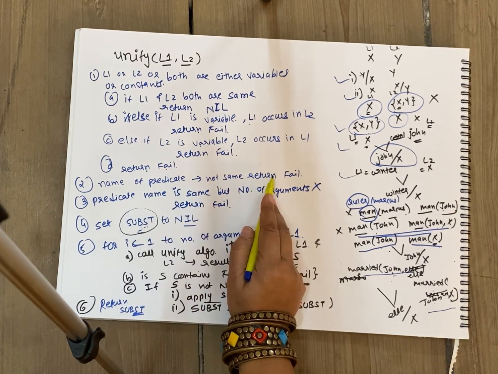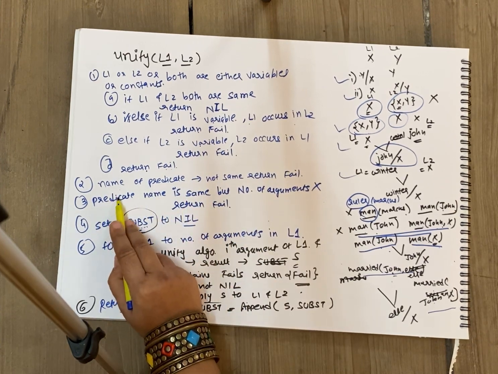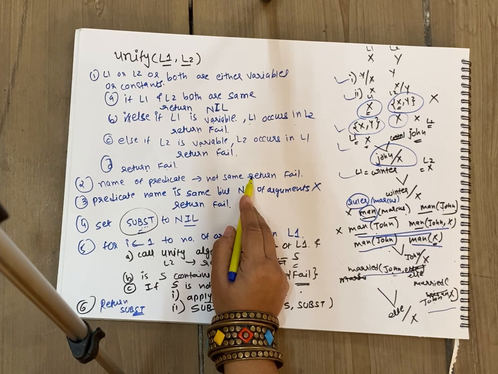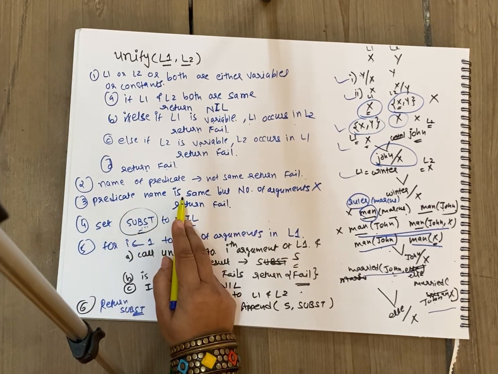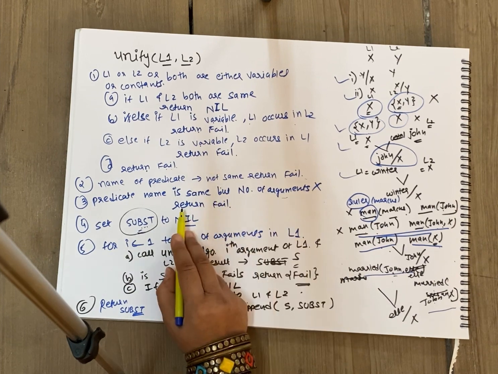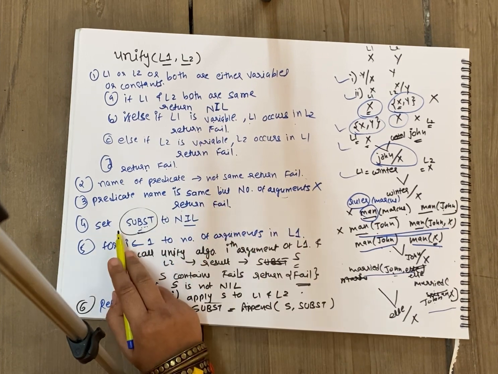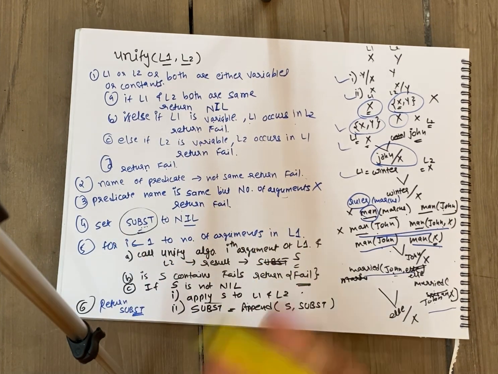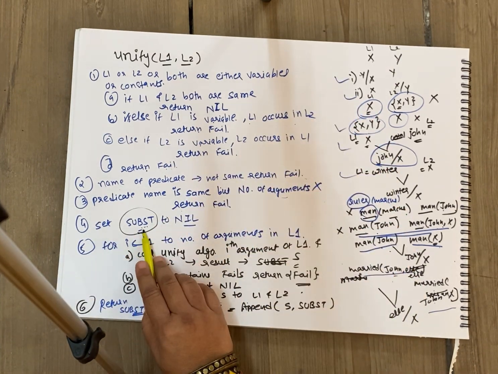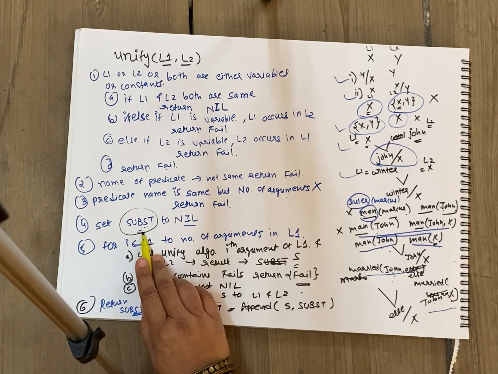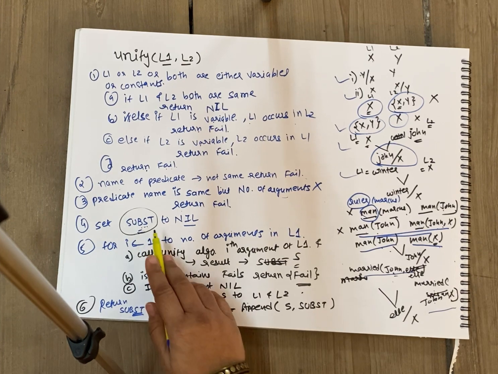Check the name of the predicate. If it is the same, in that case, we will check the arguments. But if it is not the same, then return fail. If the predicate name is the same, but the number of arguments is not the same, then once again return fail. If it is not so, means the predicate name is matching and the number of arguments is also matching, then what are we going to do? We will be using one list for having all replacements, for checking whether the arguments are the same or not, and storing the information of those replacements.